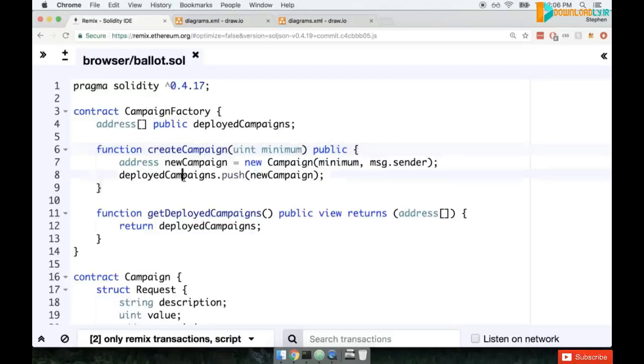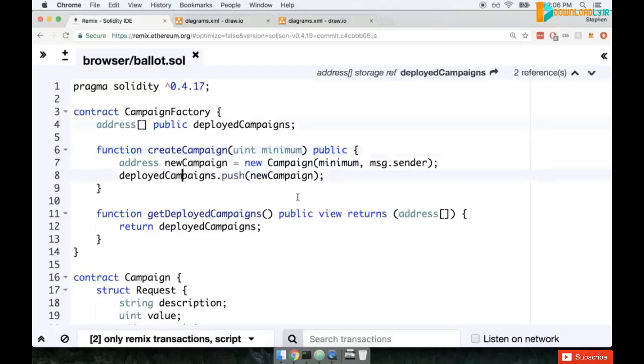Our two contracts are now looking pretty good. We're going to start on the front end application here in just a little bit, but first I want to write some tests around both the campaign factory and the campaign. We're going to set up a testing framework just like we have on previous videos with other contracts that we've